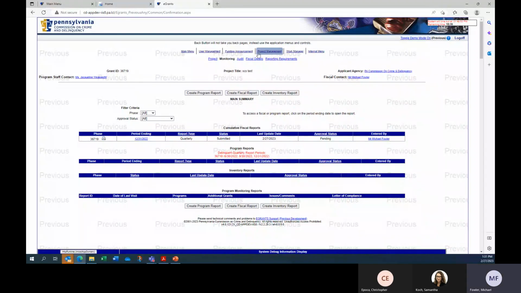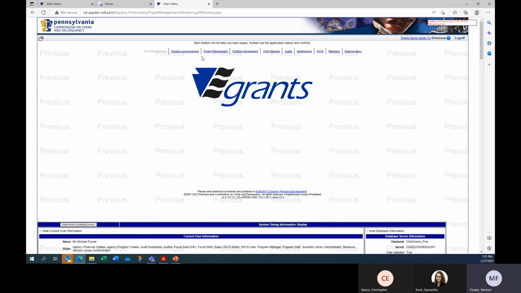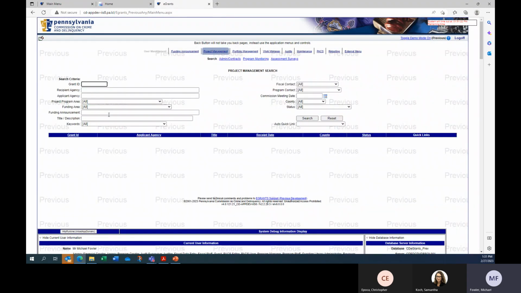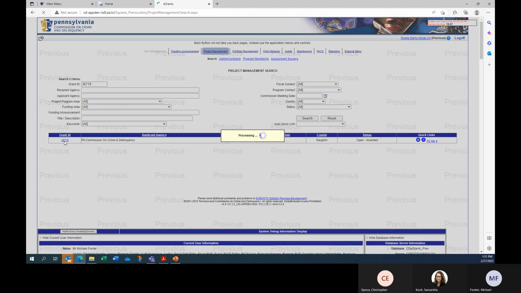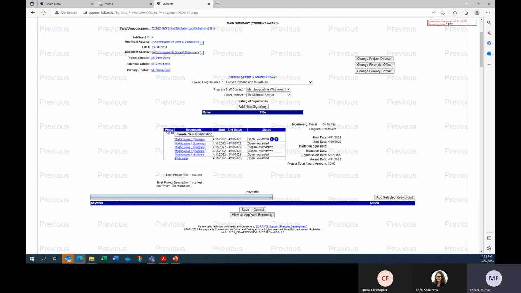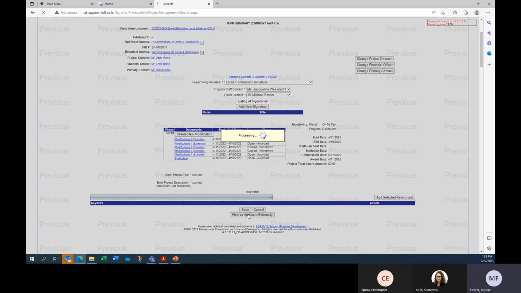So right here, I'm going to back completely out of this and we're going to start over on an interim report. Went into the same grant, wanted to view how you're going to be viewing it.